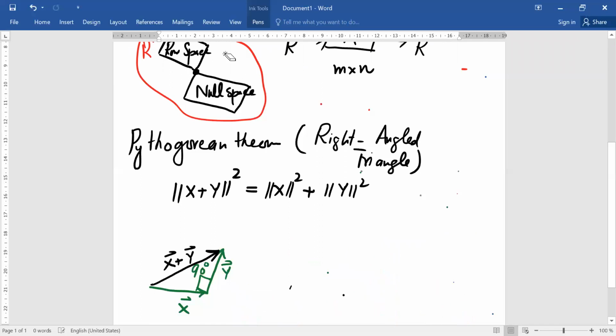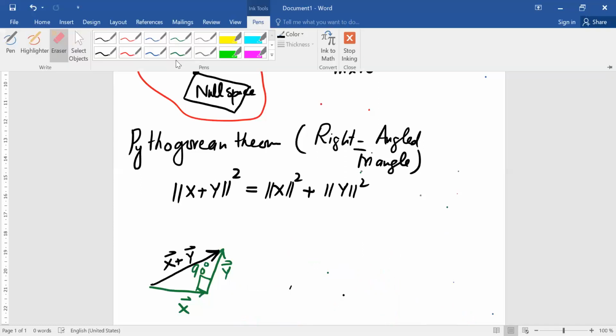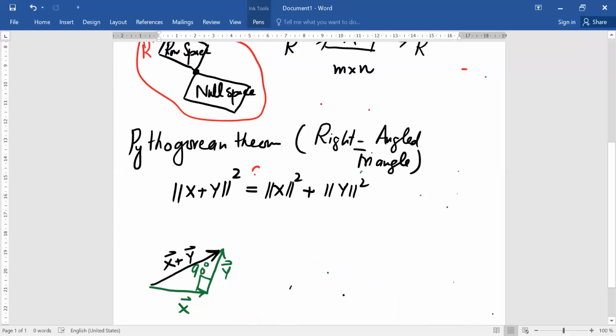This particular theorem is not valid for all triangles. There are some special triangles, we call them right angle triangles, and it's true only for them. So let us say we don't know the condition under which the left hand side is equal to the right hand side. So this will become X plus Y